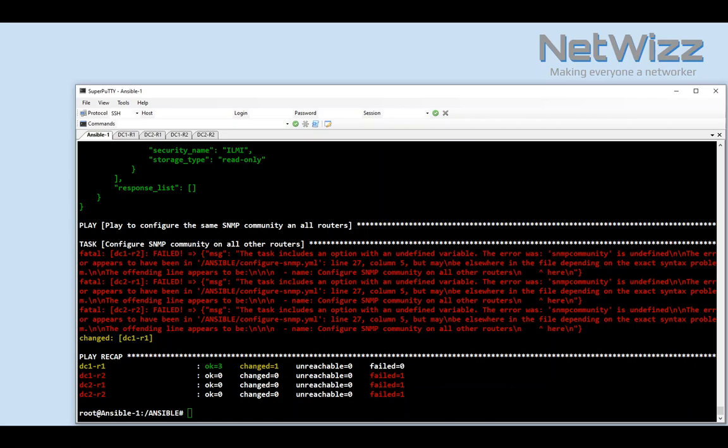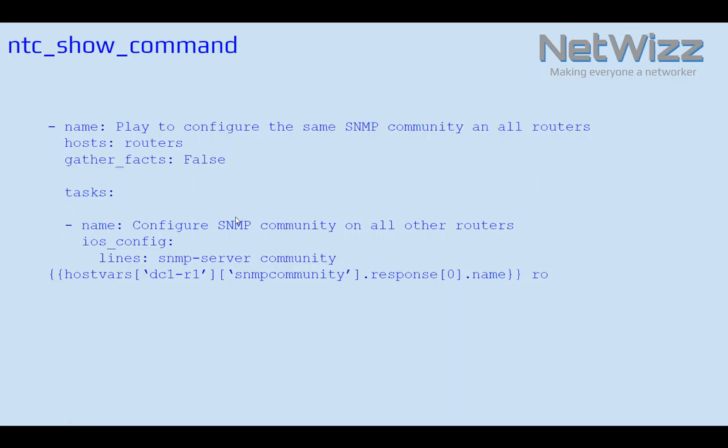That is a problem that we can work around, because sometimes we do need to capture information on one device and then use that data on other devices. And in this case, what we are going to do is refer to DC1R1's variable space. And to do that, we are going to use a special variable storage called HostVars. So we are going to amend our